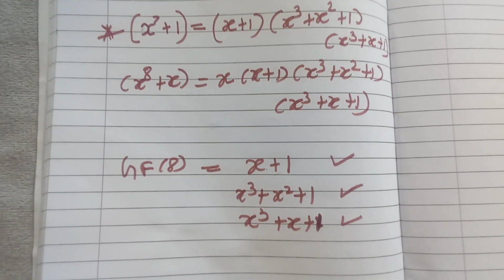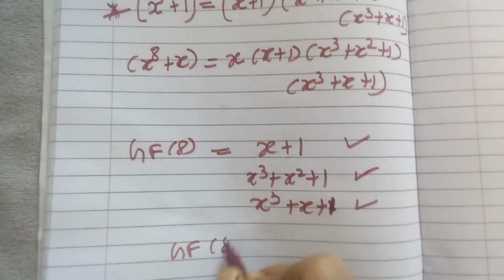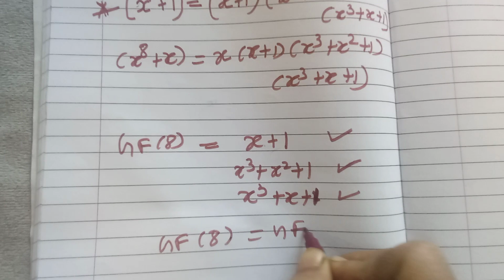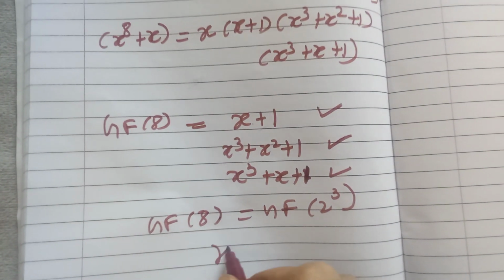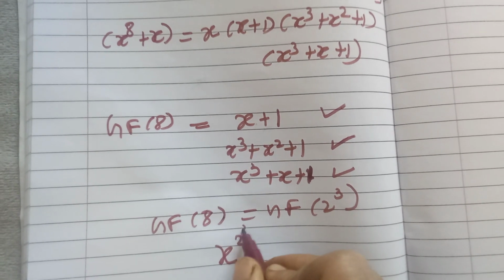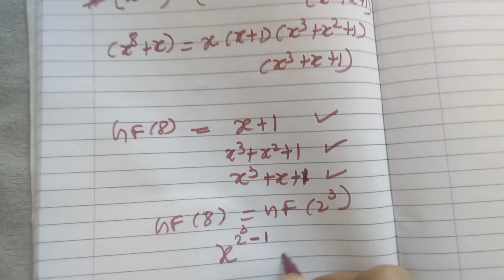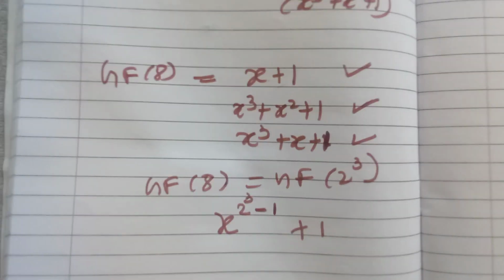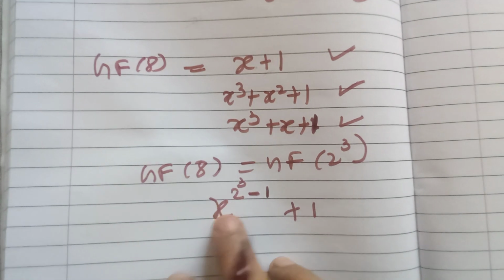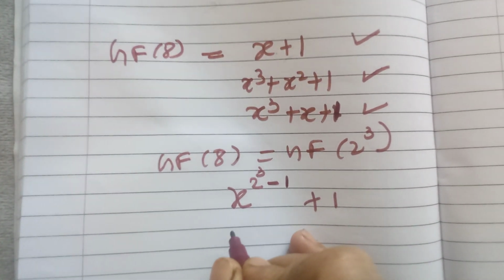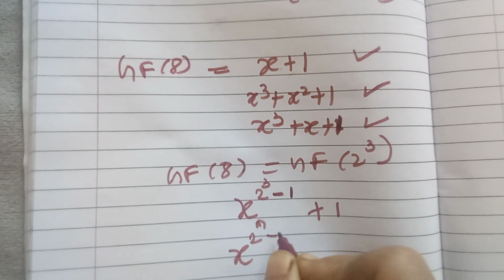So x raised to 7 plus 1 means Galois field 8, means Galois field 2 raised to 3. So these are factors of 2 raised to 3 minus 1, plus 1. So minimal polynomials are factors of x raised to 2 raised to m minus 1